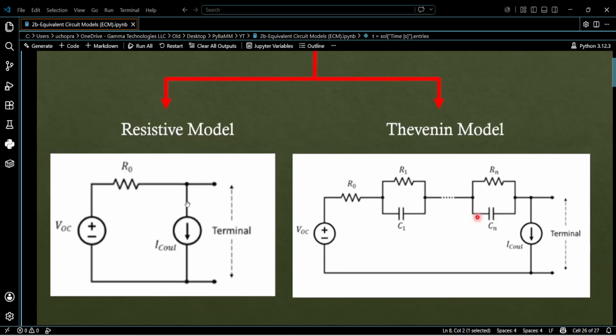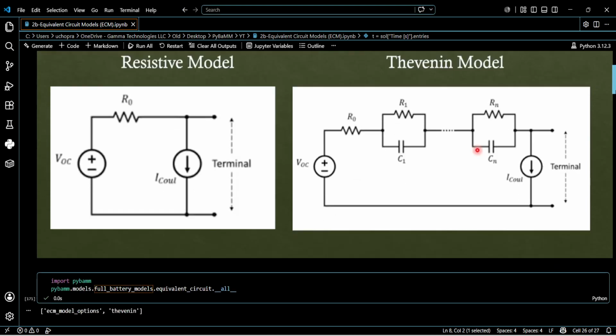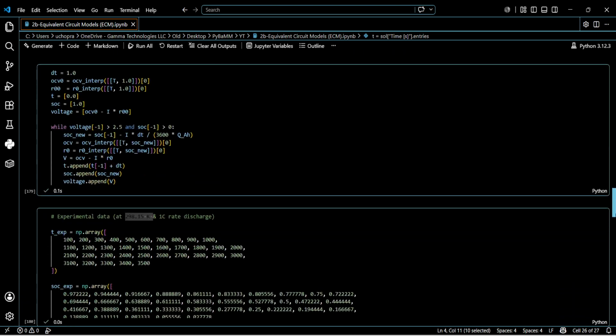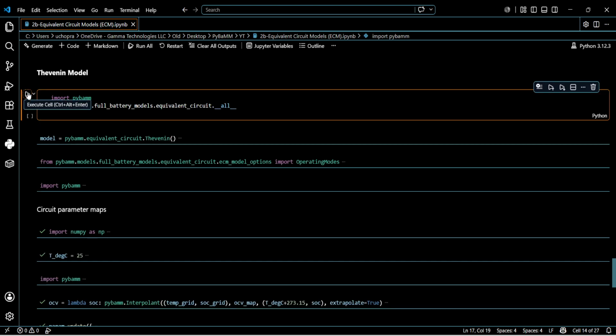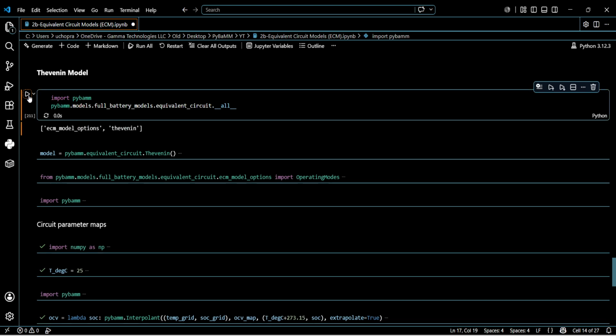So in the previous video, we discussed the resistive model. In this one, we'll talk about the Thevenin model. So continuing where we left off, import PyBaMM, PyBaMM.models.full_battery_models.equivalent_circuit.all. So we can see that the Thevenin model is already present and we can directly utilize it from the model